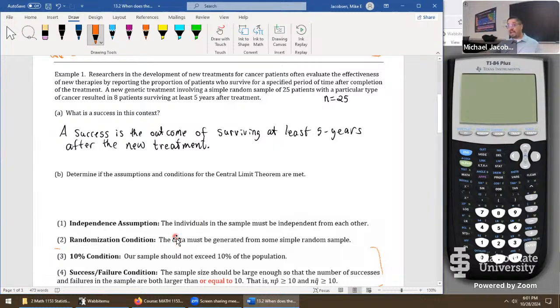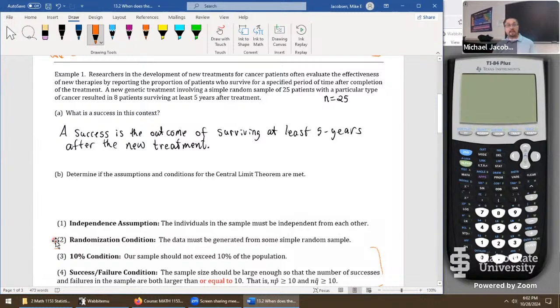However, there's a way this could really fail. Imagine somehow, some way, all 25 patients are part of a study. What if an email got linked and they just formed a group? Maybe it's a support group because they all have a rare cancer and they're all doing a rare treatment. A support group just makes sense. If that happened, and people start encouraging each other, their outcomes could in some ways be tied, because your state of mind has a lot to do with your recovery and how you can fight off an illness. If everyone's helping each other, this could influence the successes and failures, especially if some of the 25 got left out. So there are ways that independence could fail even if we do everything right. That's kind of surprising and concerning.